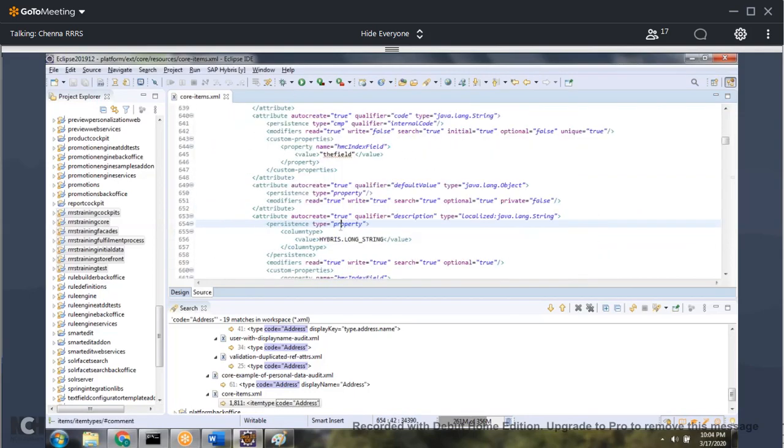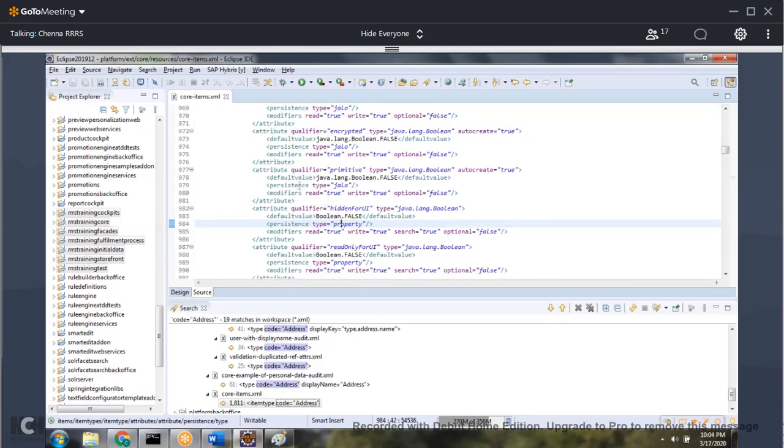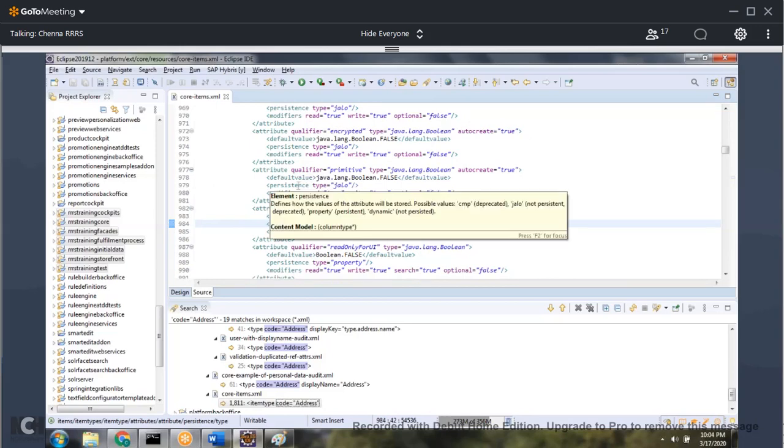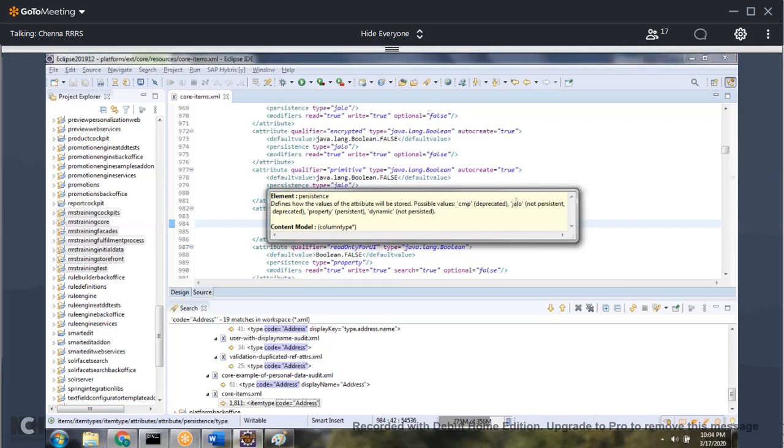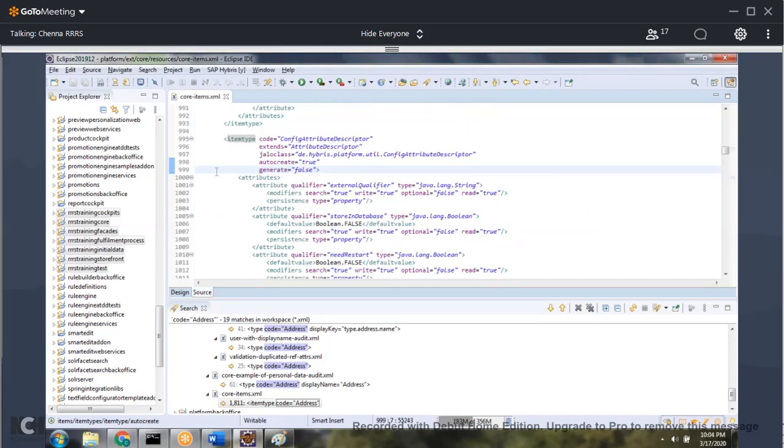Please remember this, you also have some more values: CMP, Jalo, property, dynamic. The remaining are deprecated, we don't need them. So we only need two things, property and dynamic.